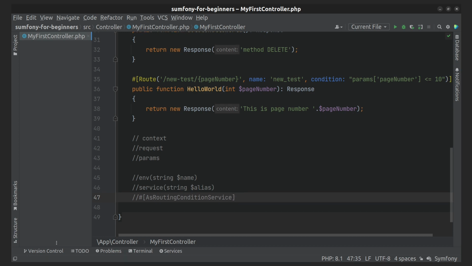There are routes that never change, but there are a lot of routes with a dynamic part in the URL. For example, it can be a page number or an entity ID and so on. Symfony uses route parameters to define this variable part. As you can see here, the variable part is wrapped in curly brackets, and the name of the variable part has to be unique. You can define any number of parameters in the route, but each parameter can be used on each route only once. For example,